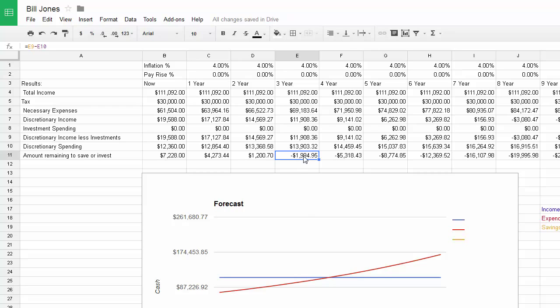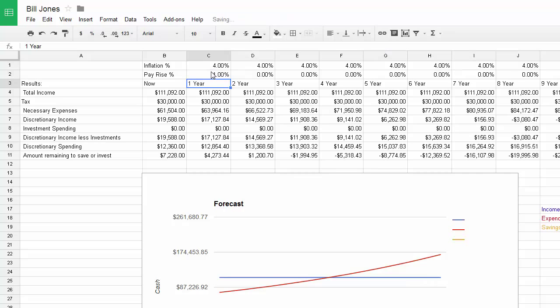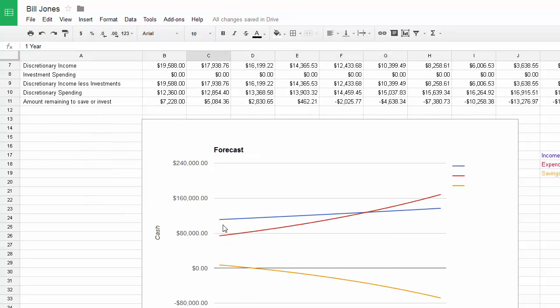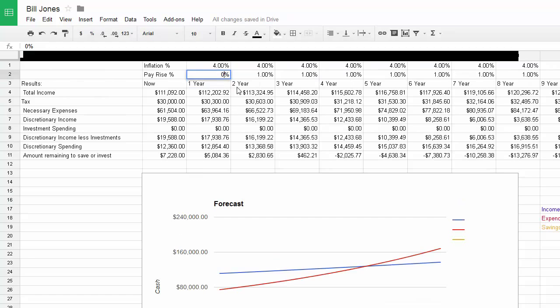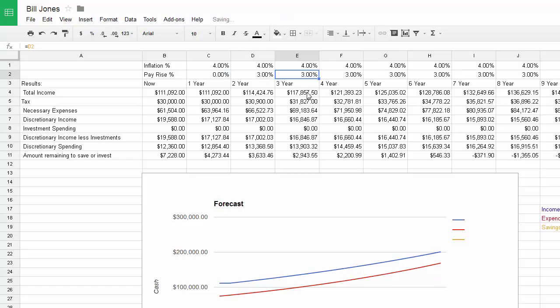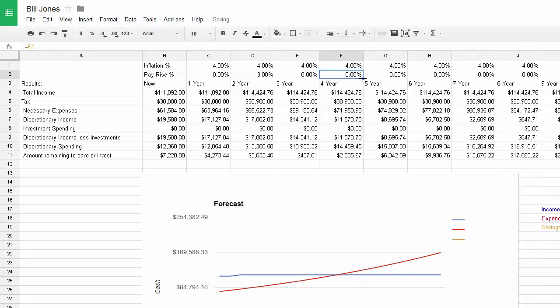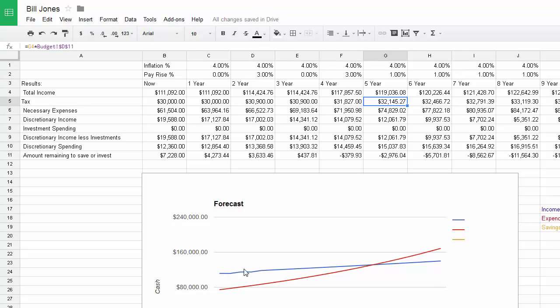So let's be realistic. You may get a pay rise of 1% per year, maybe. Okay, what that does then is it makes your income increase. Now you might get 0% one year and then 3% the second year, and then 1% the following year. You can see here that your income sort of jumps up slowly, but eventually expenses will catch you and your savings